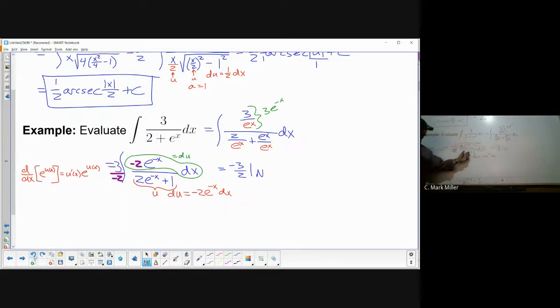Now convince yourself that bottom is positive. E to the minus x is always positive. A positive number to any power is positive. So e is 2.7-ish. So it to any power, even if it's a negative power, doesn't turn it negative. So this is going to be